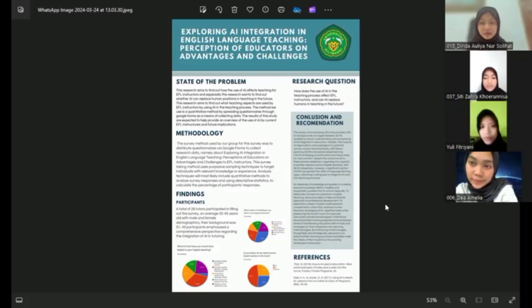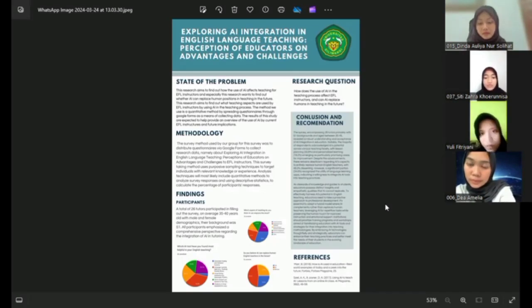Despite the advancement, there remains skepticism regarding AI's capacity to entirely replace human English teachers, with 46.2% dissenting. However, a significant portion, 34.6%, recognize the utility of language learning apps, indicating a willingness to integrate AI tools into teaching practices.